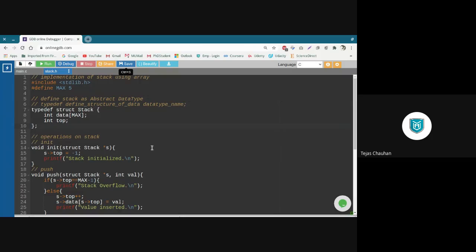So after defining that structure, one space, the new data type name is capital Stack, and then a semicolon. So I have that semicolon here. By using this typedef keyword, I can define a new data type Stack, so that instead of writing struct stack, now I can use this capital Stack everywhere. Even I can use it. So in my header file also, I'm going to replace this thing with Stack everywhere.